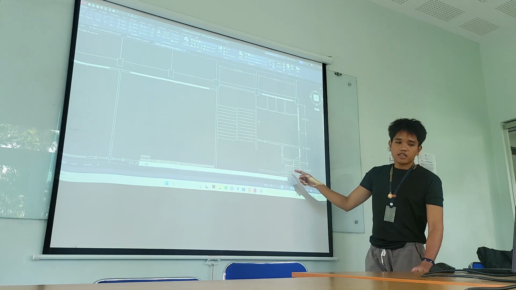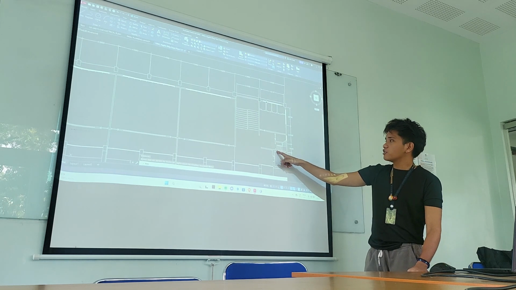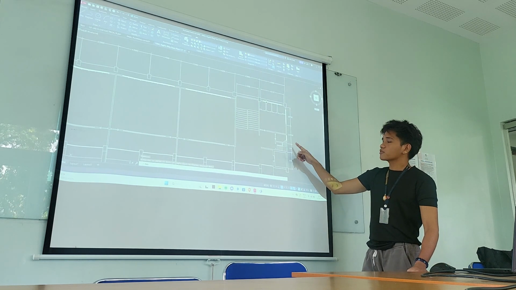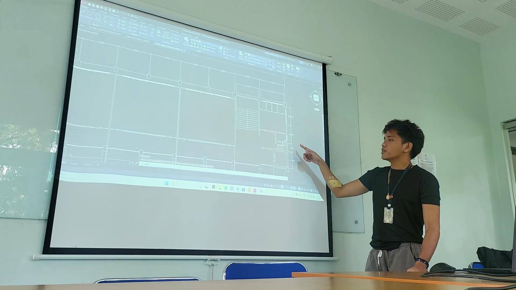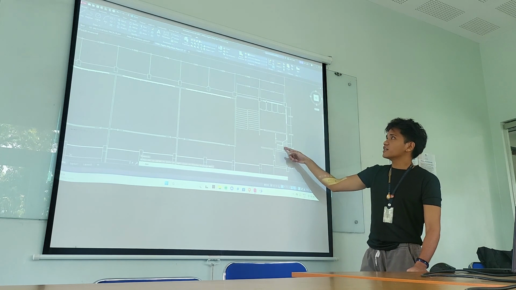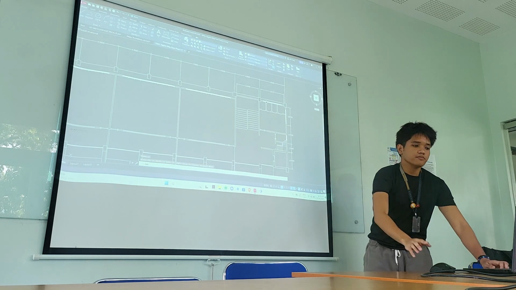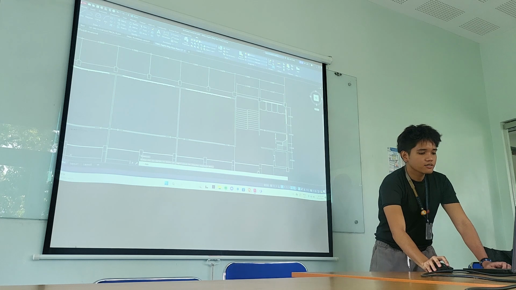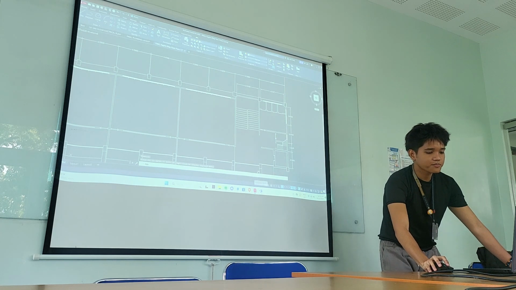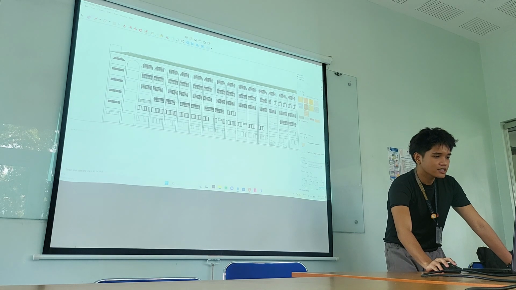In previous floor plans, I think this was the electrical room, from the ground floor to the fifth floor. But here in the sixth floor, there is already a staircase leading to the roof deck. So going back to our SketchUp,